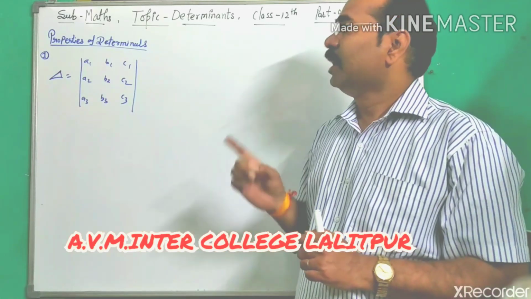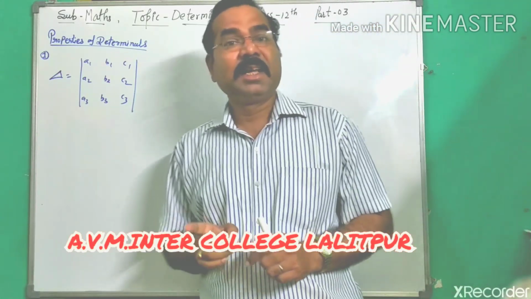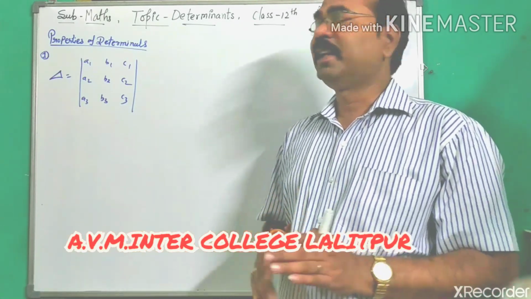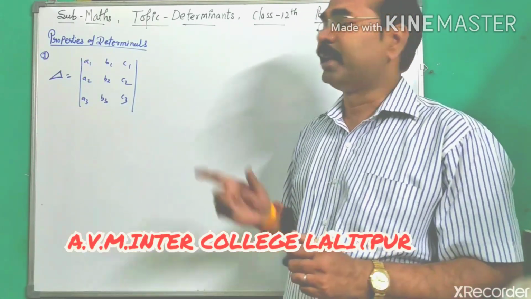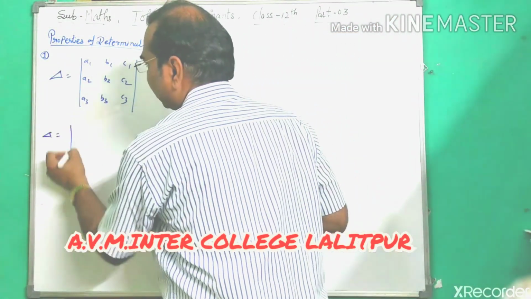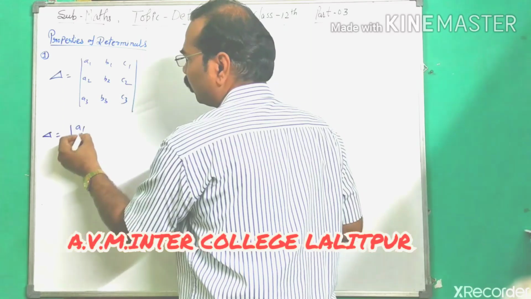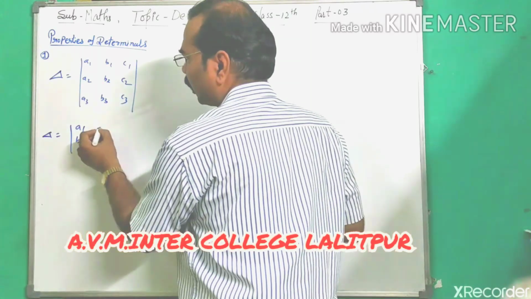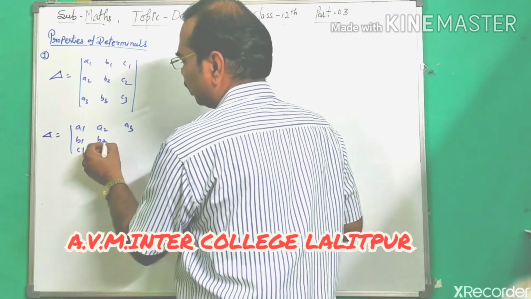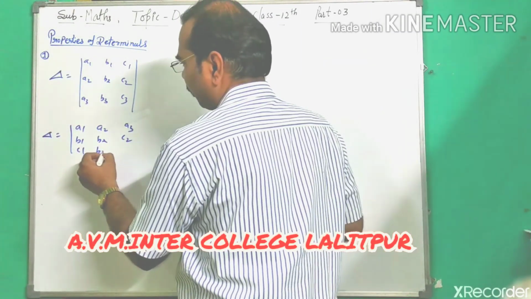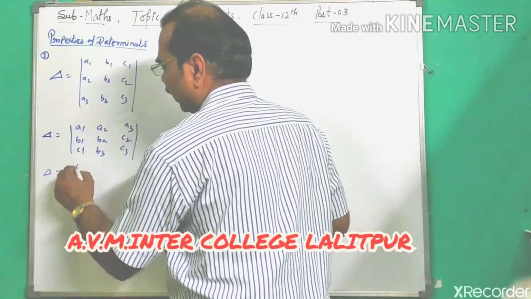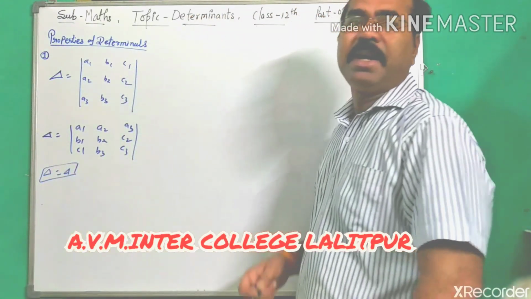Okay students, suppose you are given any determinant and you change rows to columns or columns into rows. Now when you calculate it, you get the same value of the determinant. That is the first property. How do we apply it? We convert the rows into the columns. Then the determinant's value del is equal to del. Okay, that is the first property of a determinant.